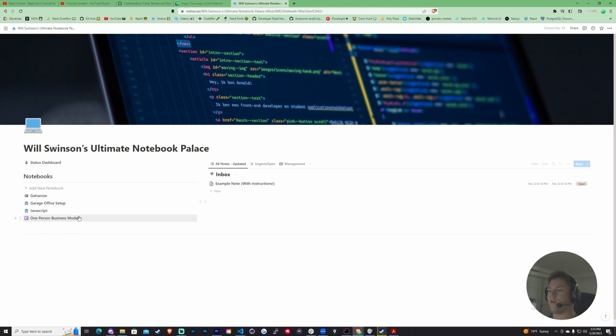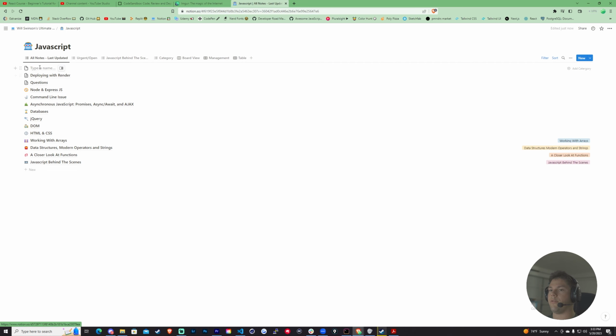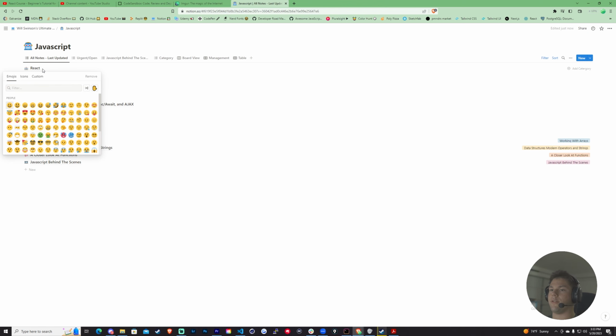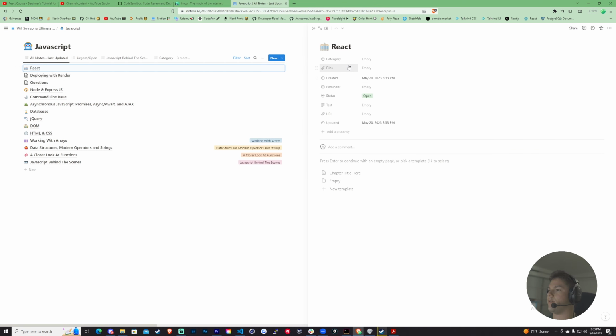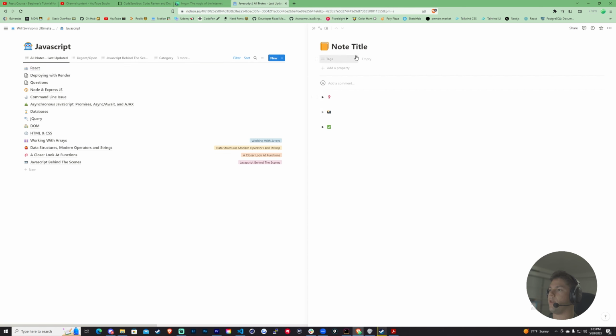All these are my different notebooks, and if I click in here, these are just previous notes on JavaScript and stuff. But essentially, if we create a new one and name it React, kind of what we learned. I like to add random emojis, so I just click the random button, and then I'll go into here like this. And if you can see, I got a chapter title right here. So I click that. Now you can think of React like this as a big everything about React, and then here are all the sub chapters within React. So I'll add a random emoji, edit, and we can go ahead, and this will also generate a drop down for questions,